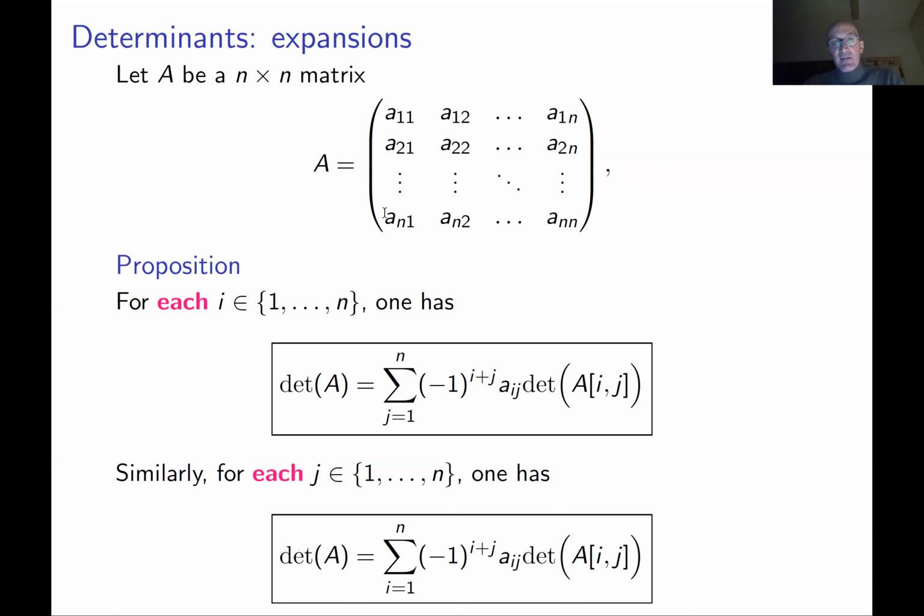These are very handy formulas which you can apply easily when n is small, especially 2, 3, and 4 as well. The formula becomes quite simple when you have a lot of zeros as entries in your matrix. If your matrix consists of many zeros, then this formula becomes very simple. For example, if you have a zero matrix, then of course everywhere here you have a zero. Okay, let's consider some examples.